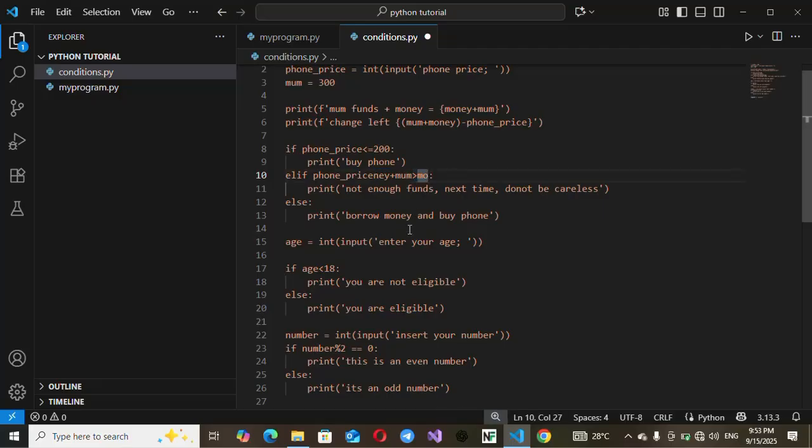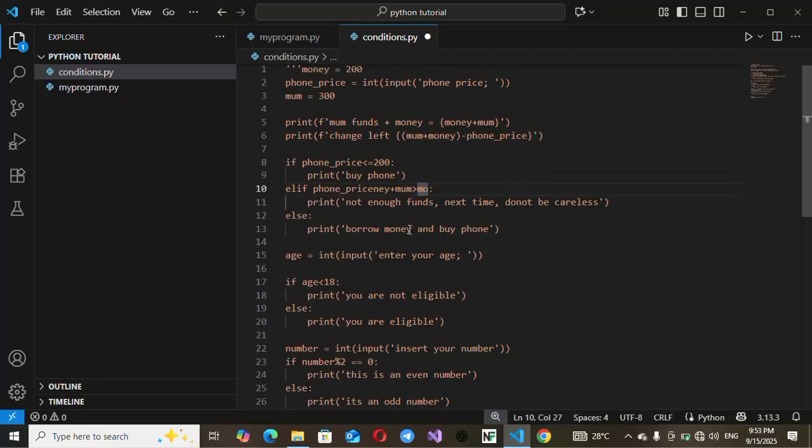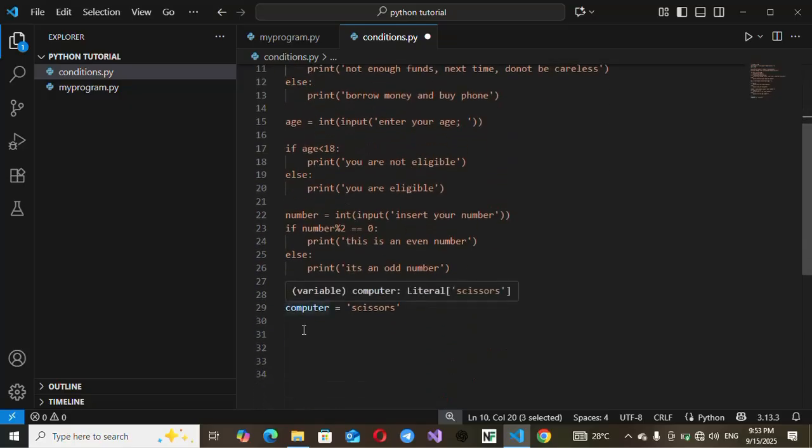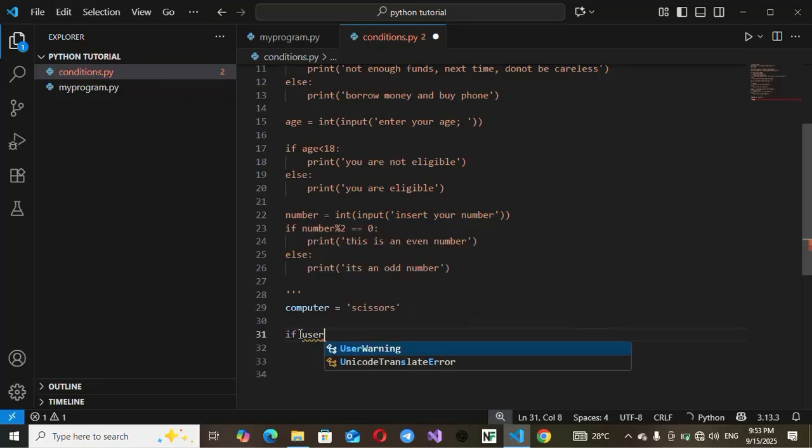So it's pretty much not that hard. What we are going to do is outline the possible scenarios in which the user might win. So let's say if the user